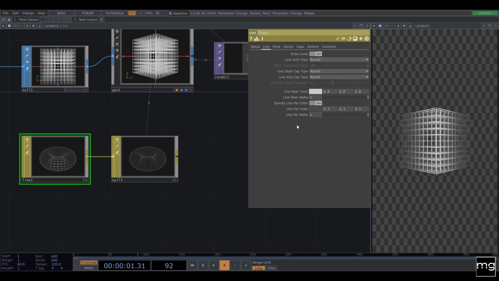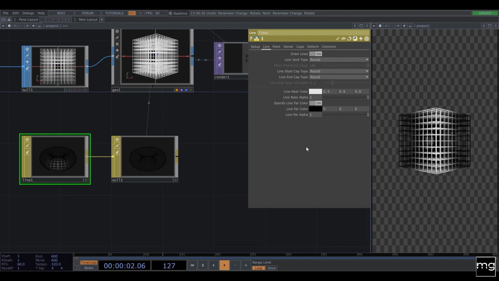For the near color, instead of going white, I like to go a step darker, and the same with the far. Instead of going black, I'm going to go with a little bit of light black. And the other thing here is that in the line far alpha, I'm going to apply a little bit, and you can get that right away with this sign.